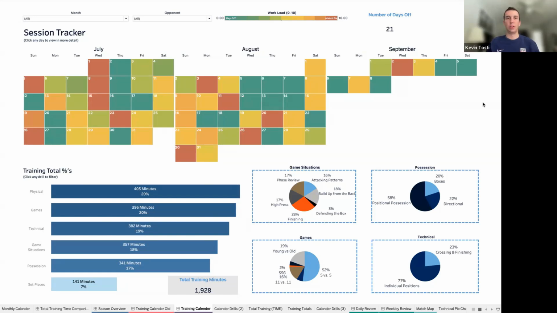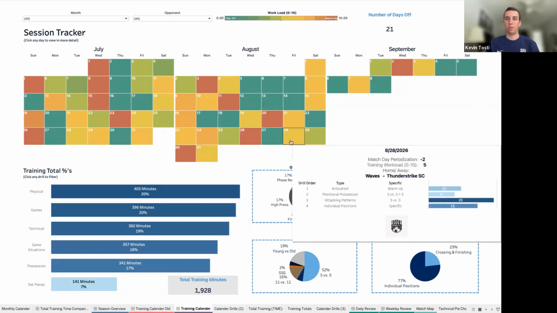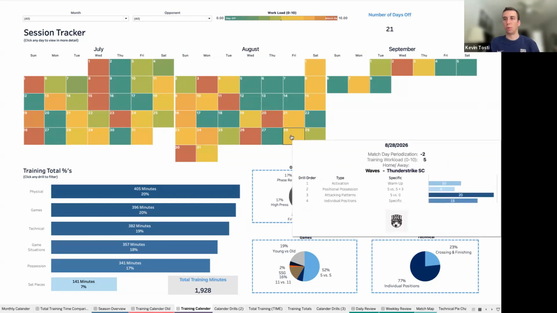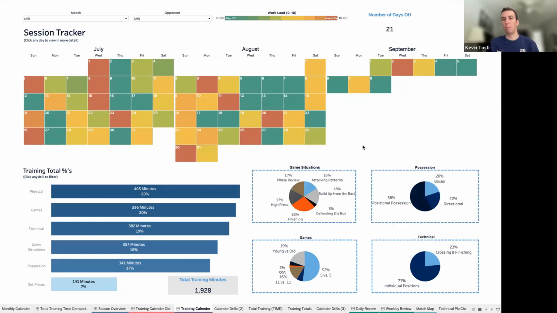We can use it here and have a nice live dashboard with tooltips popping up, or we can have it as a screenshot, because not everybody has access to the software, or maybe your organization or whoever you work with doesn't have the online version where you can post your workbook online, and then it can be used by your coaches or by anybody that you want to use it.